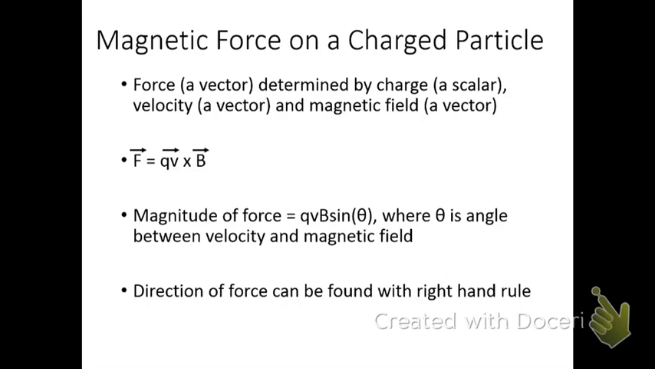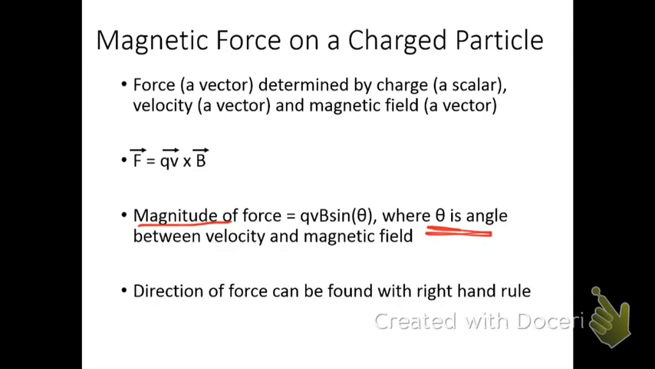So, the magnitude of a cross product isn't too bad. In this case, the force on a charged particle moving through a magnetic field that's created from somewhere else is QV cross B. The magnitude of that force, again, every vector's got magnitude and direction, the magnitude of that force is just Q times V times B times sine theta, where theta is the angle between the velocity and the